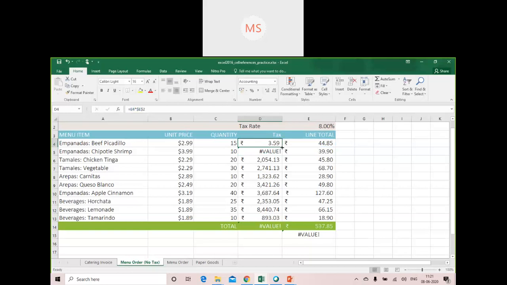Now you can copy the same formula across each and every row, and the moment you do that, you get a correct calculation. Now you can check in each and every cell that the value for the tax cell will remain common, it is not going to change. Is it okay to all of you? Have you all understood? Yes or no?